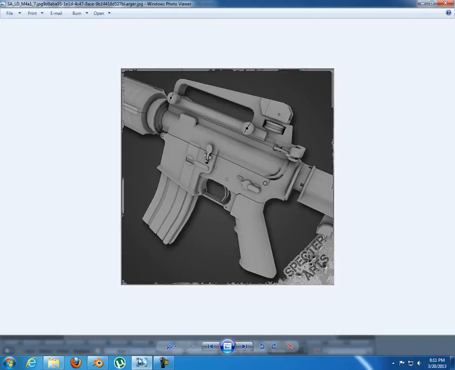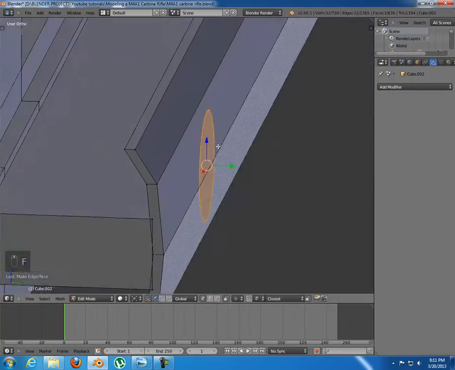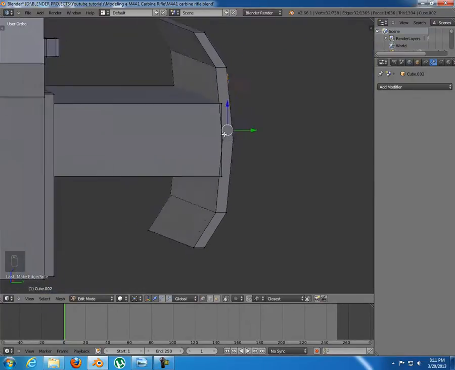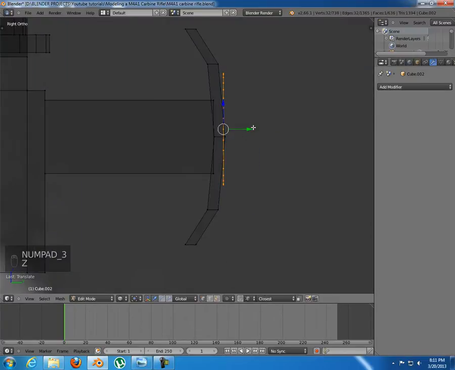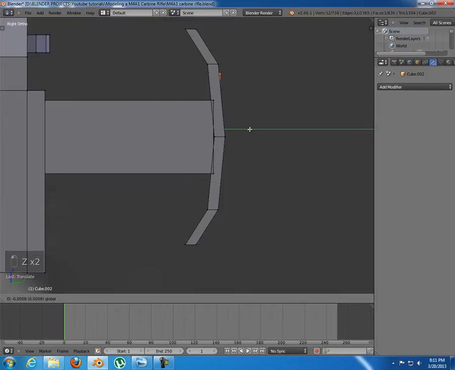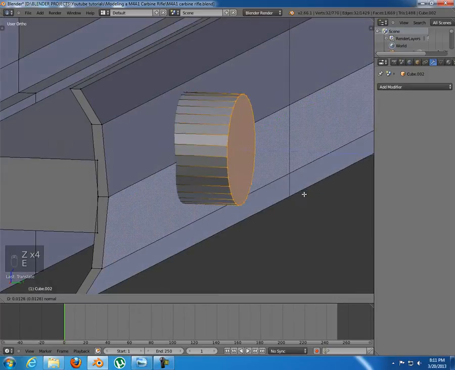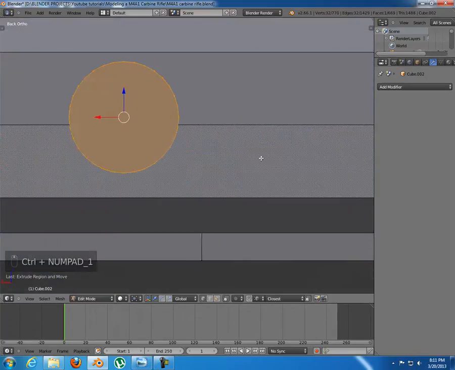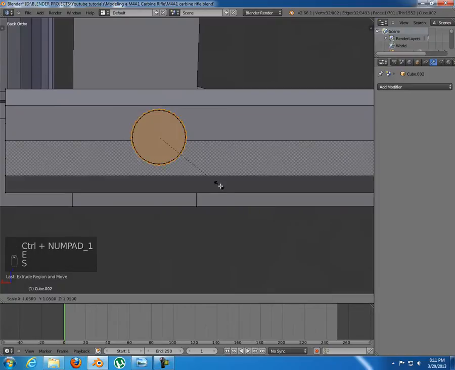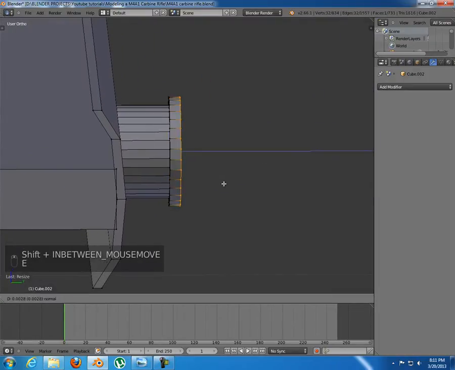Right, that's how it looks. So I'm gonna make a face, fill up that face in there, maybe bring it in just a little bit so it doesn't come out. Okay, now extrude this quite a bit out, extrude, scale it up, extrude it out just a little bit,